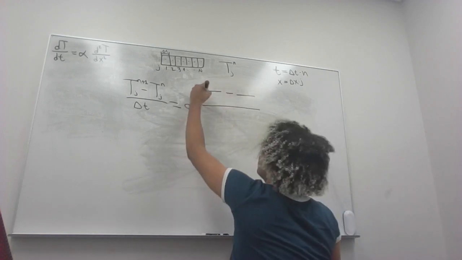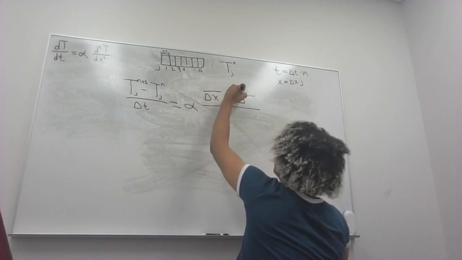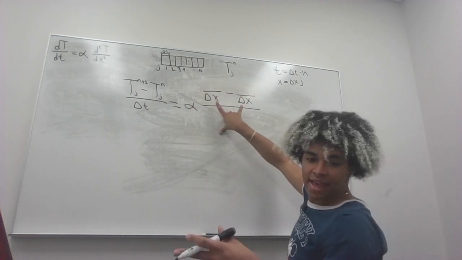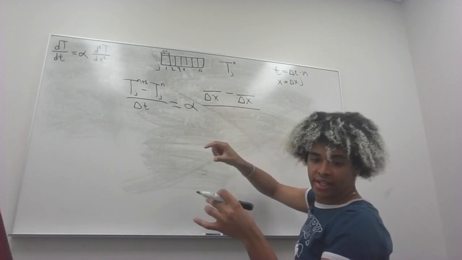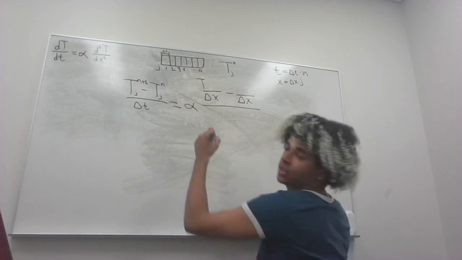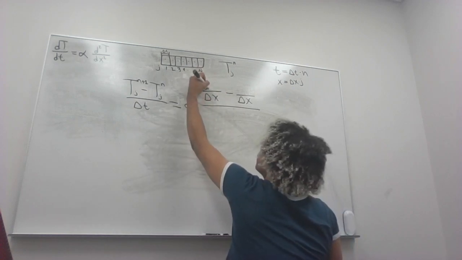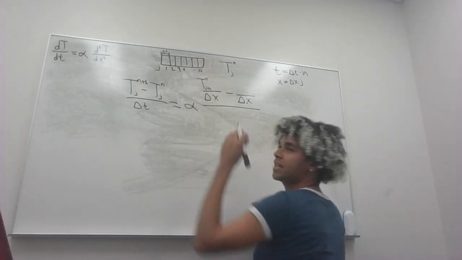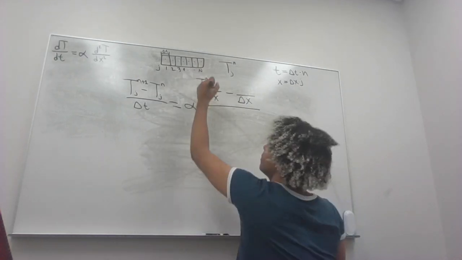where we have our change of x, or again, the size of the brick, over the position forward at that same time that we're looking at the bar, minus